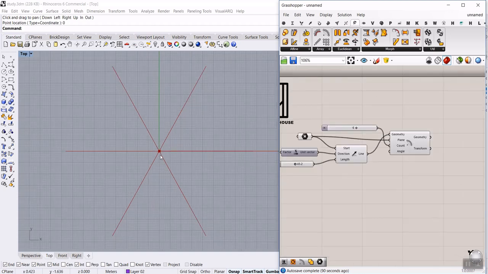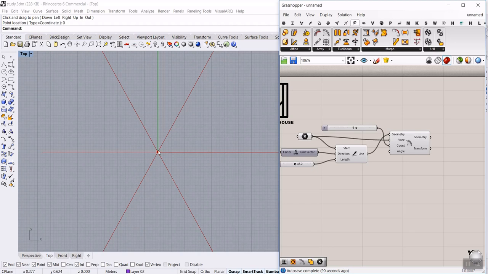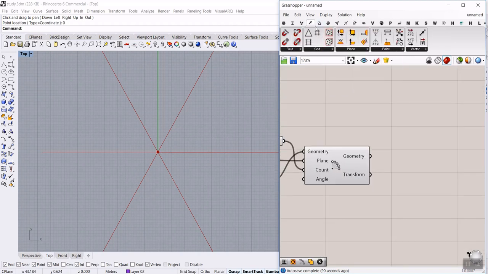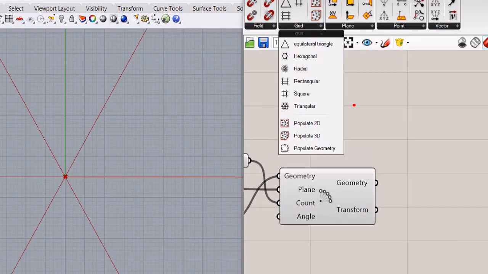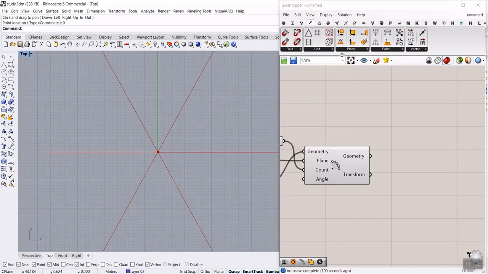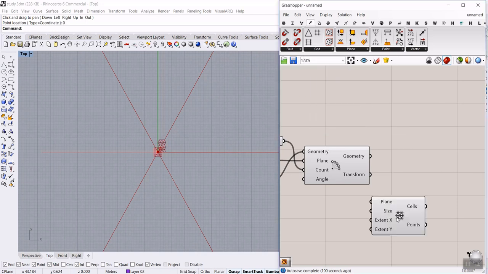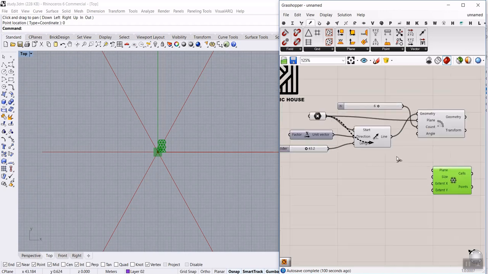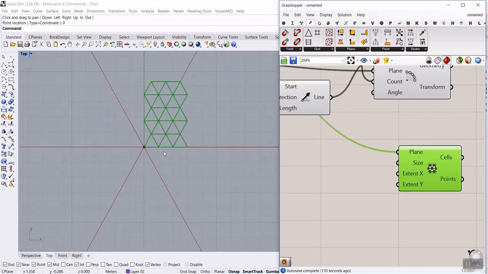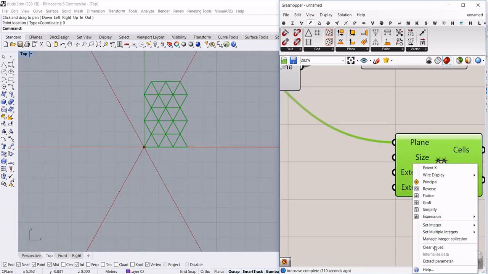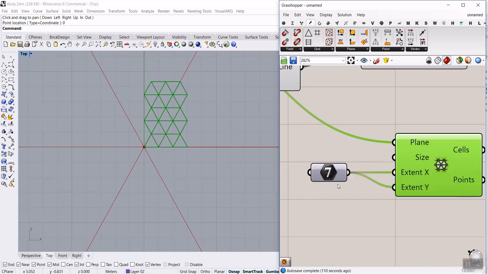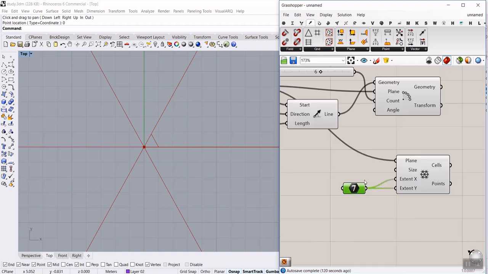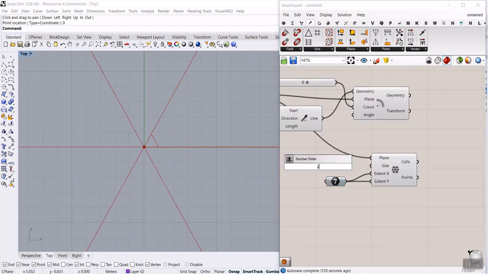And as I've explained, we have to draw an equilateral triangle here. A trick you can use is to go to the vector. This is going to be fast grid, and use this triangular grid to make that. The plane or the starting of this grid is going to be again the center, as you can see here. The number of the x and the y, I'm going to extract that, is going to be 1. So I'm going to just give this a 1. And the size is the size of this